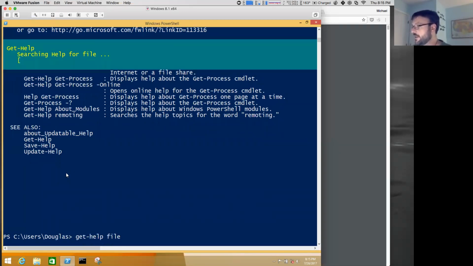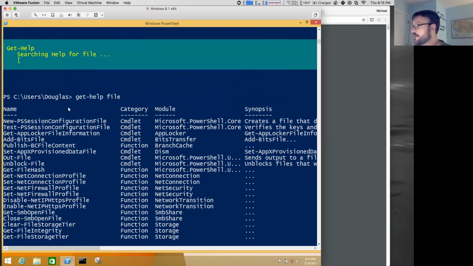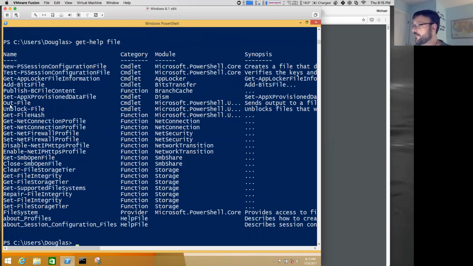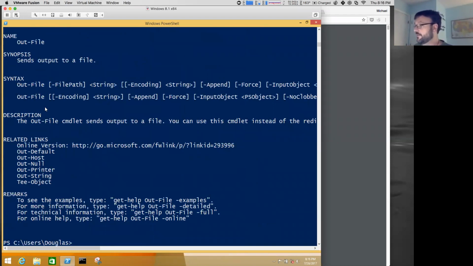Like I showed, Get-Help File, it searches and it shows these different file cmdlets that have to do with files. In this instance, I have one for Out-File. So you do Get-Help Out-File. By the way, PowerShell has nice tab autocomplete, which I'm a huge fan of. And so you simply do that, and you're going to see all the different